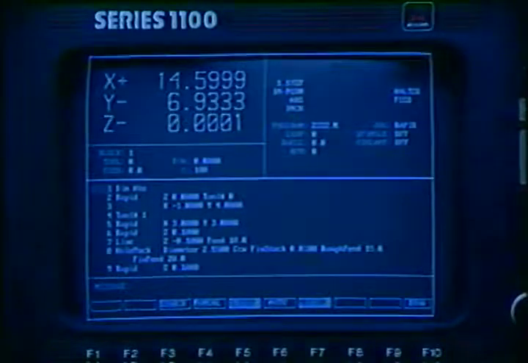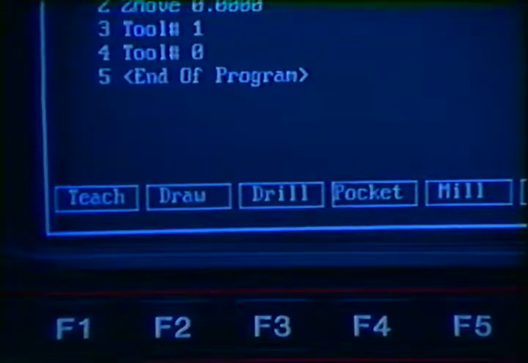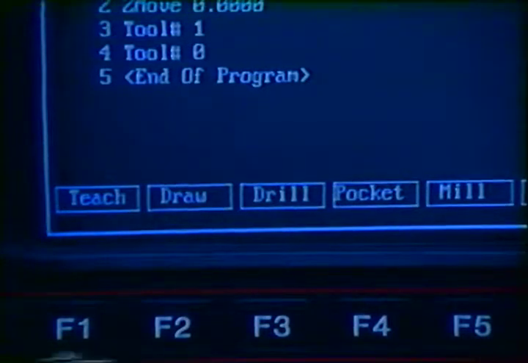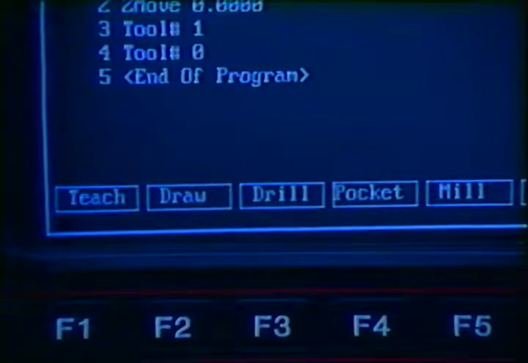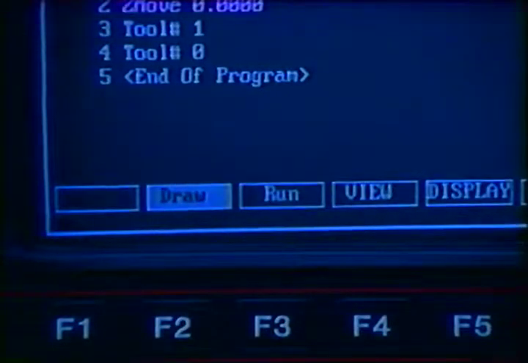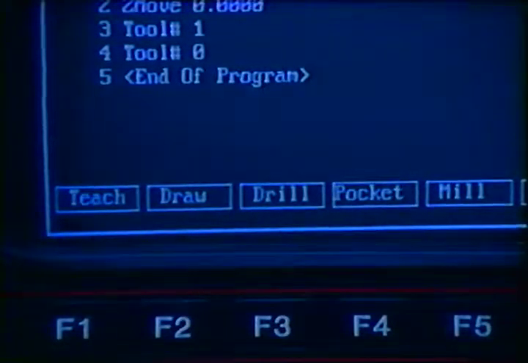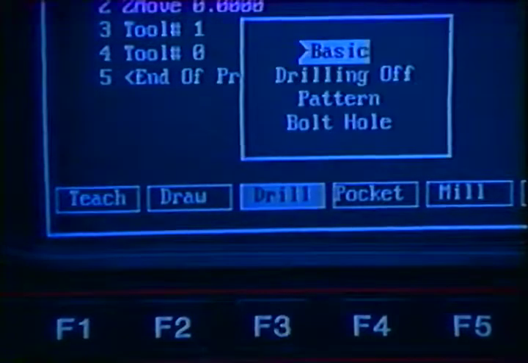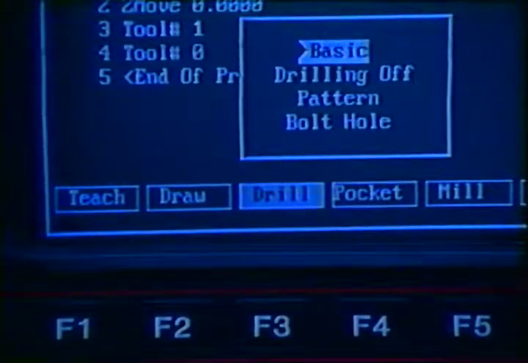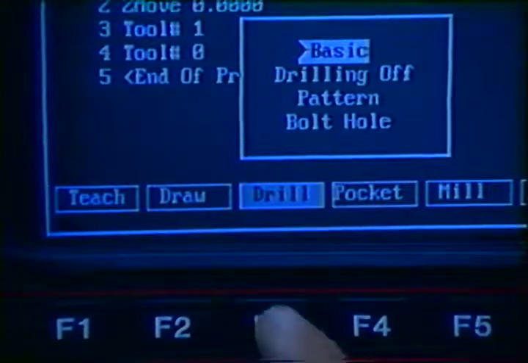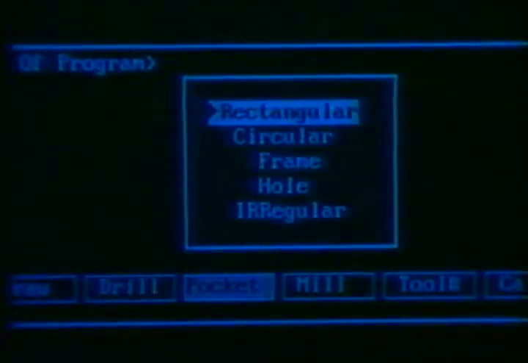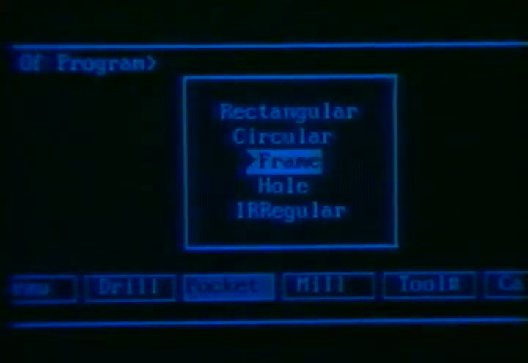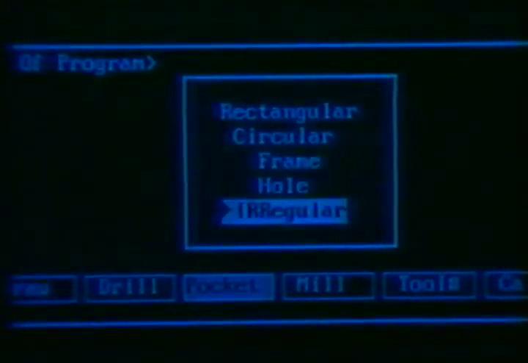and press start. There are a few points of interest in the edit mode. Looking at the soft keys, we have a teach-in mode which allows us to input manual positions into the program. We have a draw mode which will allow us to display our program. We have a drill window which will let us select basic drill, drill off, pattern, and bolt hole. We have a pocket menu which allows us to program rectangular pockets, circular pockets, frame milling, hole milling, and irregular